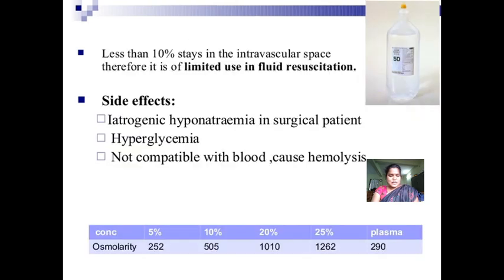So mostly, one more thing is osmolarity by concentration: 5%, 10%, 20%, 25%. The plasma osmolarity: for 5% it is 250 milliosmol per liter, and for 10% it is 505 milliosmol